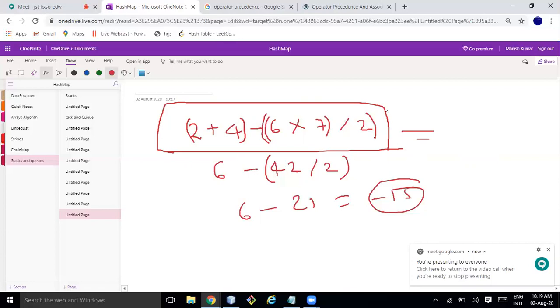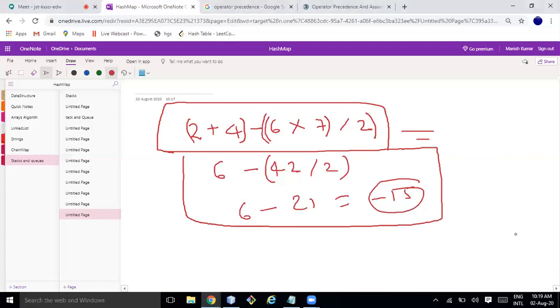So to solve this problem, the early algorithm developers came up with the notation called postfix and prefix expression, and they termed the usual form the infix expression. So this is called infix expression. And we use infix expression in mathematics, right?